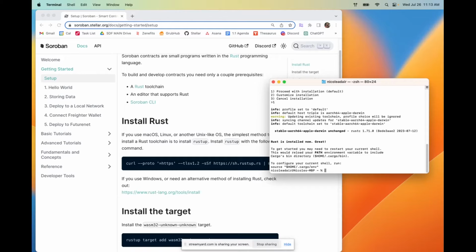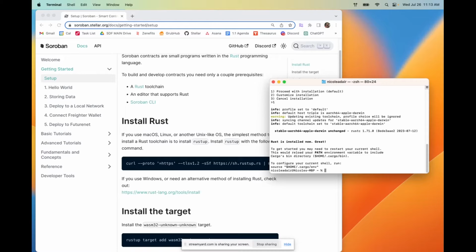This series is going to focus on Soroban Rust as not just a programming language, but as a smart contract language that is safe, fun to write, and helps you write efficient smart contracts, which is, of course, super important. In fact, Rust is an ideal smart contract language for a few reasons. One, it's type safe, which means that it helps prevent common programming errors by making sure that all types are consistent and correct. Two, Rust is memory safe, which means that it has numerous memory checks to prevent memory-related bugs.